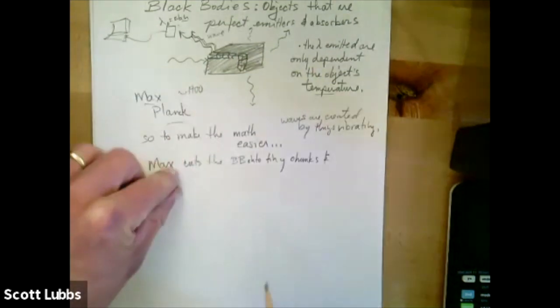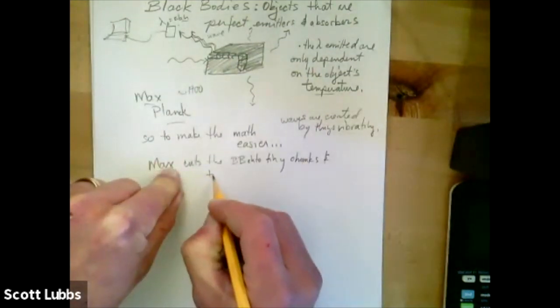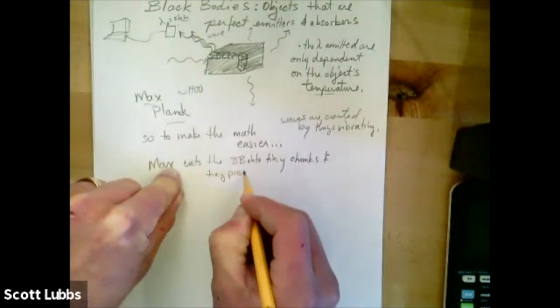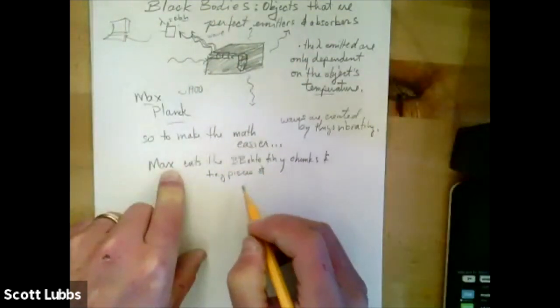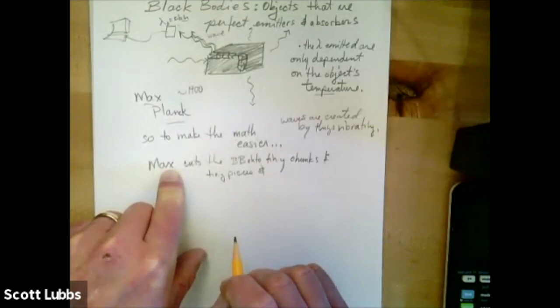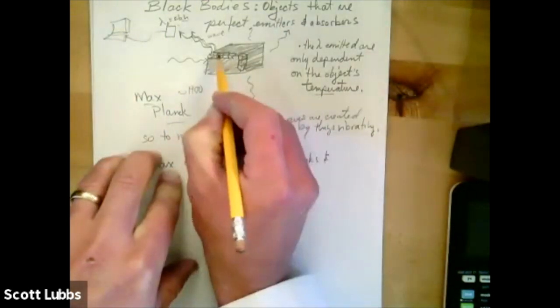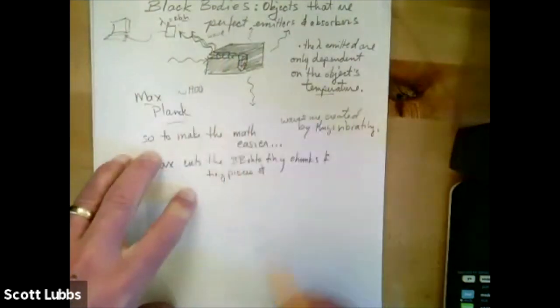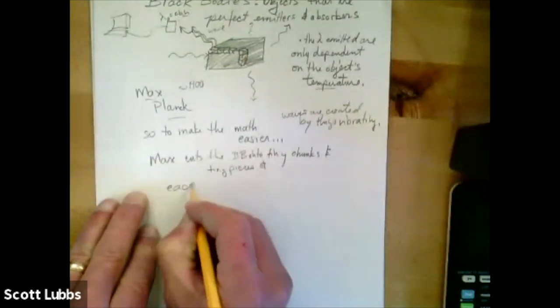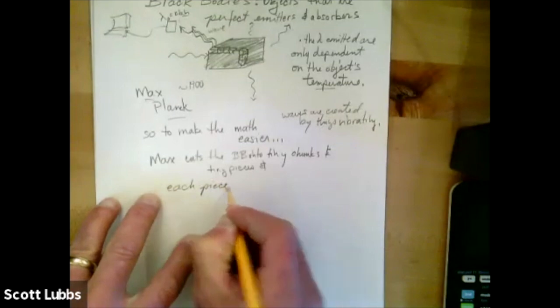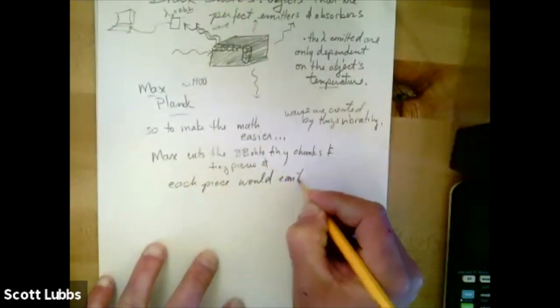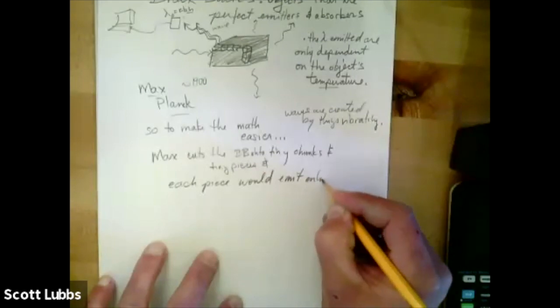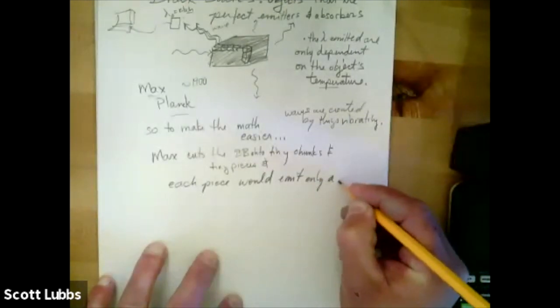He made tiny little pieces, and then he just integrates. Each tiny piece would emit only a set